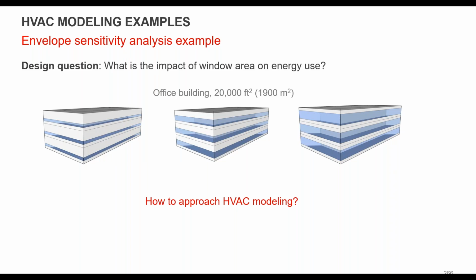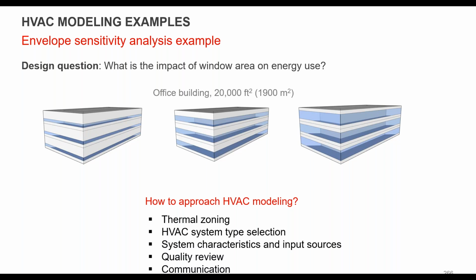We showed this yesterday. So what's the impact of window area on energy use? So what is the HVAC approach here, right? Maybe let's say we don't have any information on the HVAC, or maybe we have an existing one, but if you think about it, the characteristics of this HVAC system will impact energy use. If you put an all electric heating and cooling system in there, certainly that will look different than if you have a boiler and a chiller. So how do we do that? First, start from the basics, make sure your thermal zoning is set up correctly. We'll look at system selections, and then run through some controls and setups.